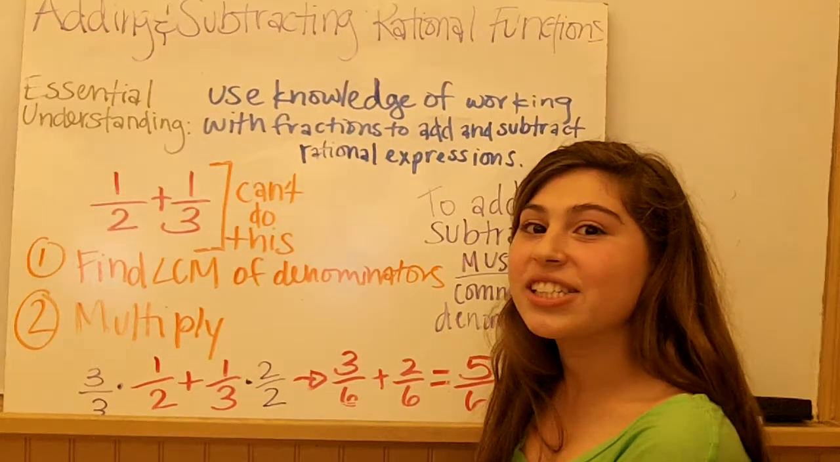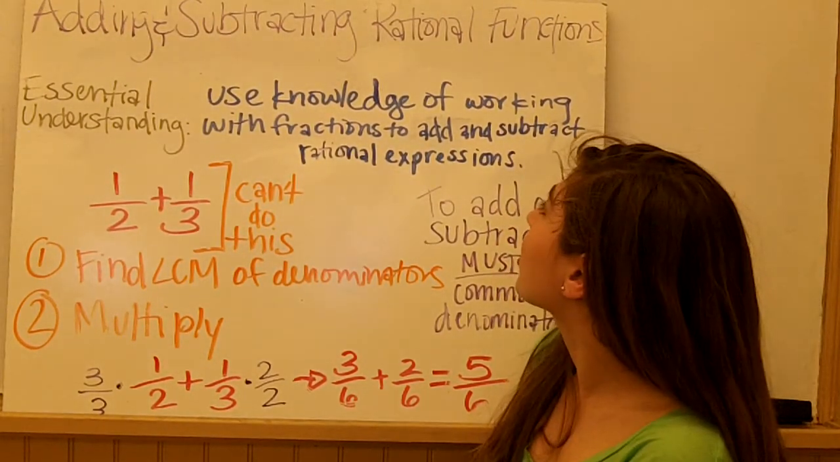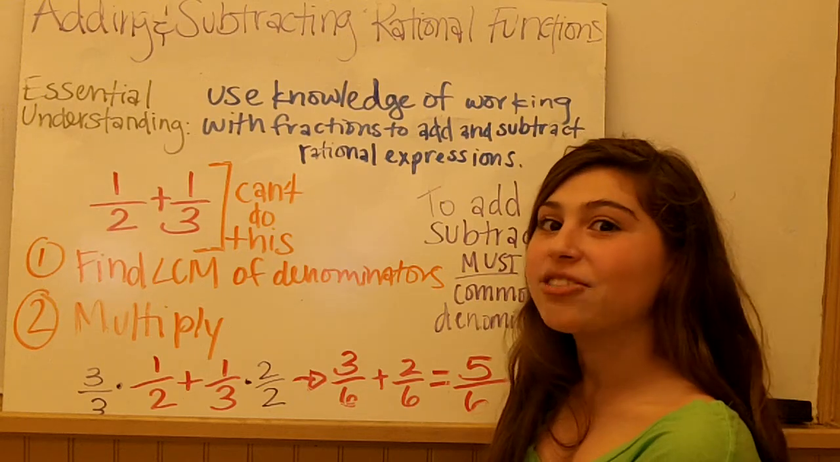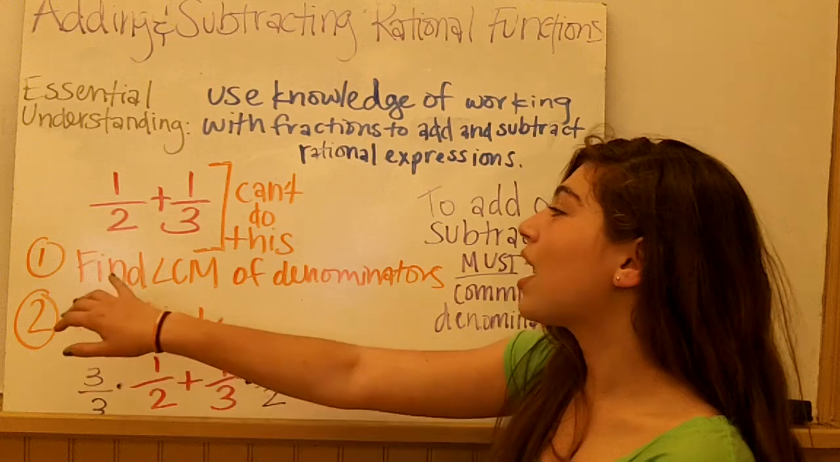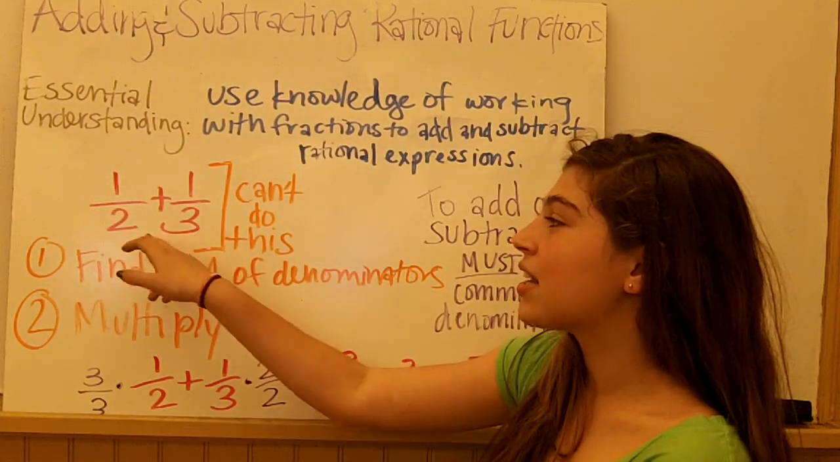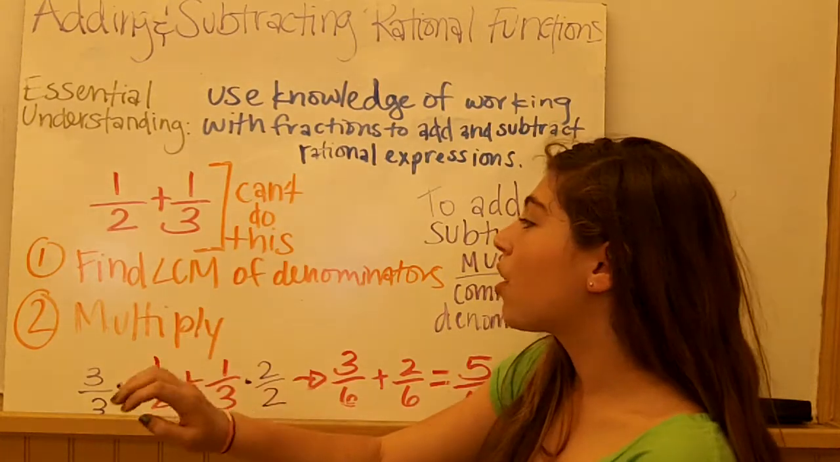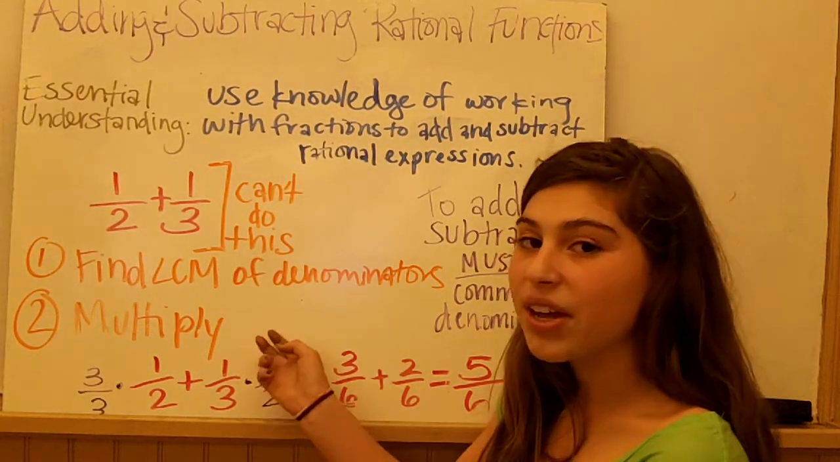The essential understanding for this video is that we're going to use knowledge of working with fractions to add and subtract rational expressions. The example we start with is 1/2 plus 1/3. We can't add these directly because the denominators aren't the same. First we have to find the LCM of the denominators, the least common multiple, and then we have to multiply